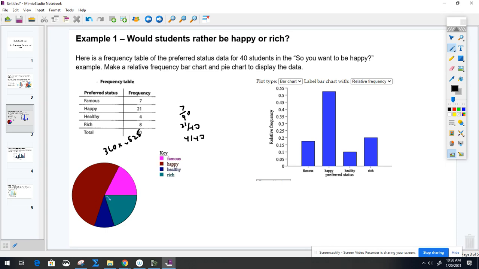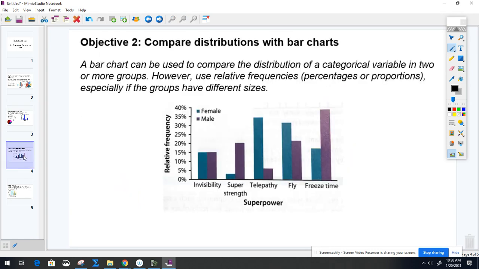Okay, so you can see that it looks like it's a little bit over 180 because that's more than half the circle. So if we had to do that on our own, that's how we would find these angles. And we'd have to use a protractor to draw out each angle. We don't have to do that. We have the technology to use, and that's what we're going to continue to do. Okay, so here's the pie chart displayed, and here is the bar chart. Okay, so the next thing is a